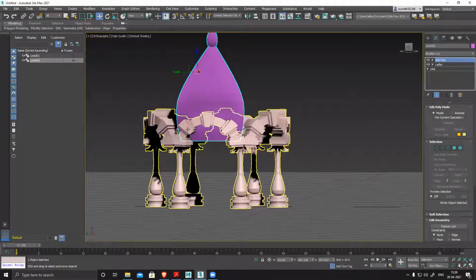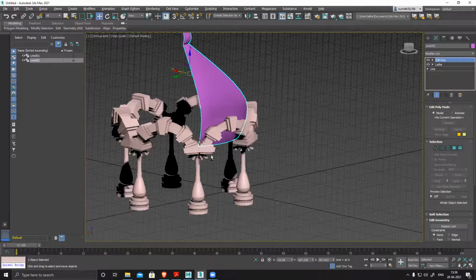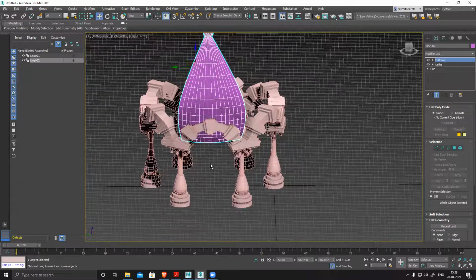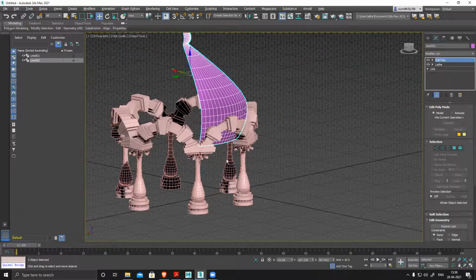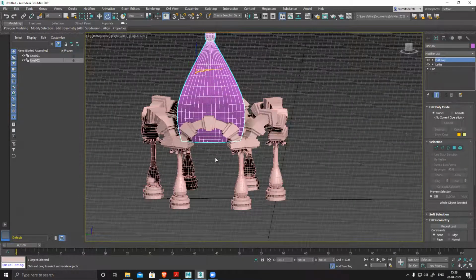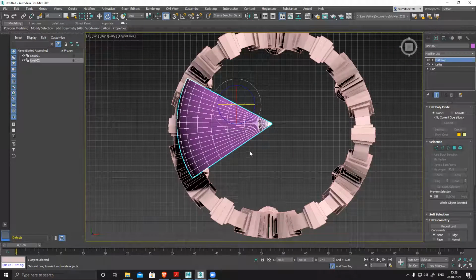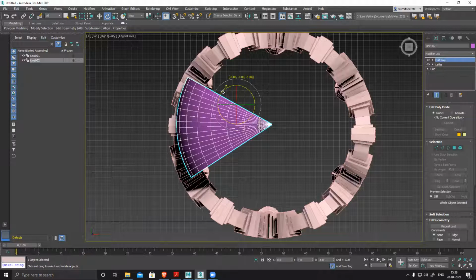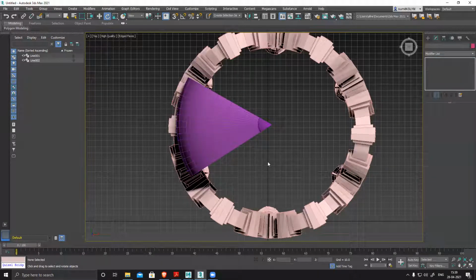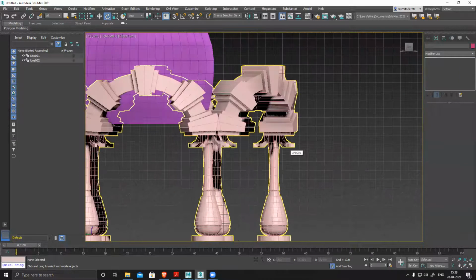Because this arch, this cutout, I also want to create. So what I'll do is I'll use the 60-degree angle. It's perfect for me. And in top view, I'll check everything, like whether it's aligned properly. That is very important. It looks kind of the same. Okay, let's go to left, and it's here.